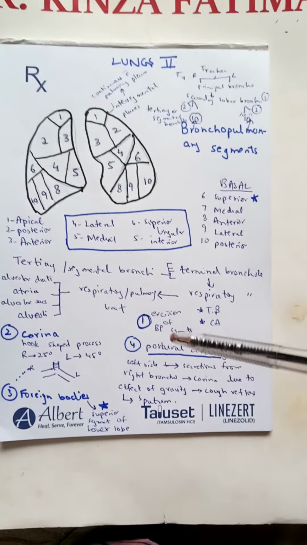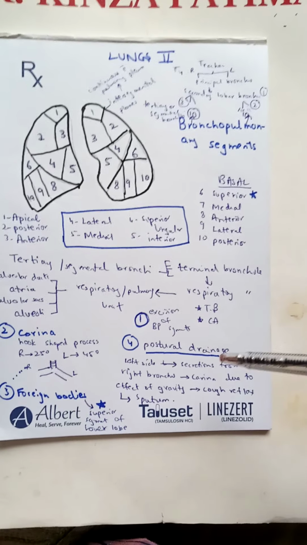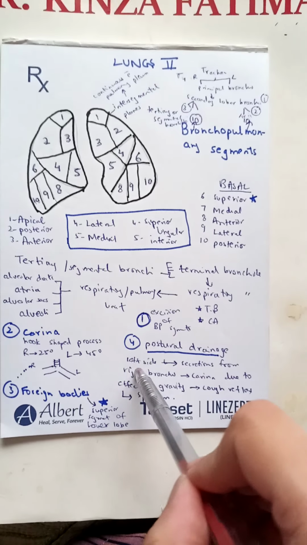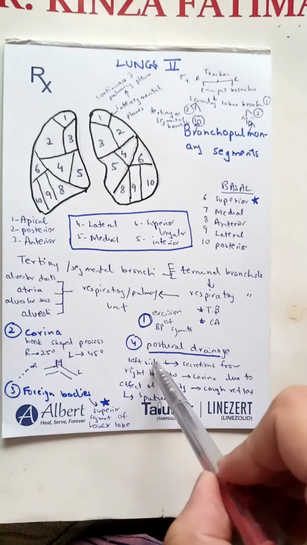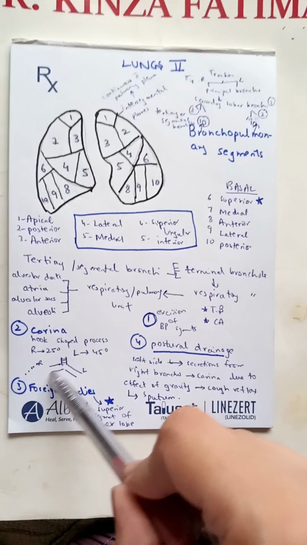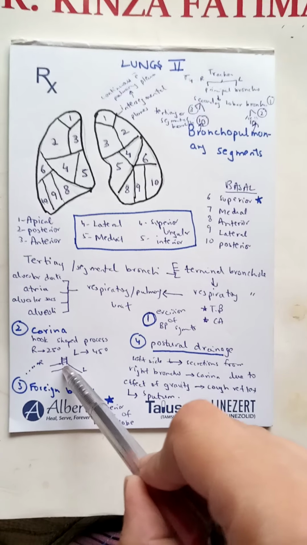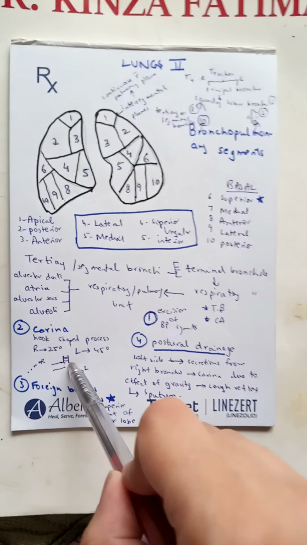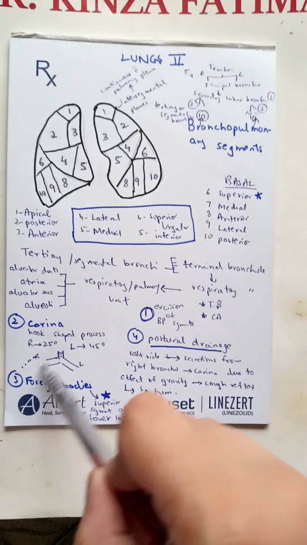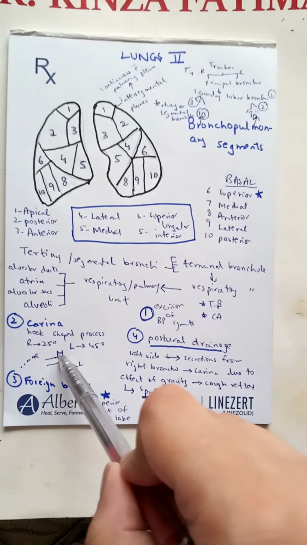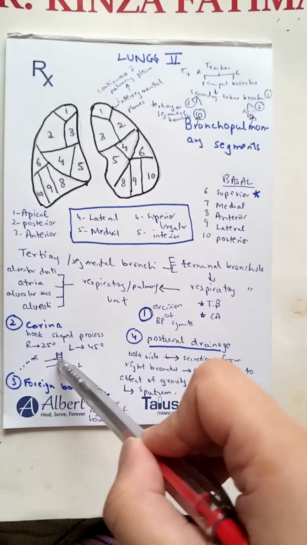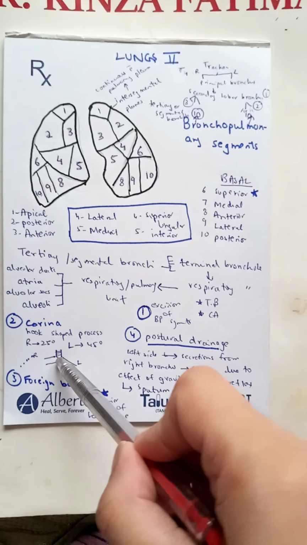For example, if we have to take the sputum analysis in tuberculosis or carcinoma of the lung, first of all we will make the patient lie on the left side. When the patient lies on the left side, the secretions from the right bronchus will come and they will be stuck in the carina. Then it will force the body to do the cough reflex. When there is the cough reflex, the sputum will be collected at the point of the carina, and we can take the sample with the bronchoscope at the point of the carina.